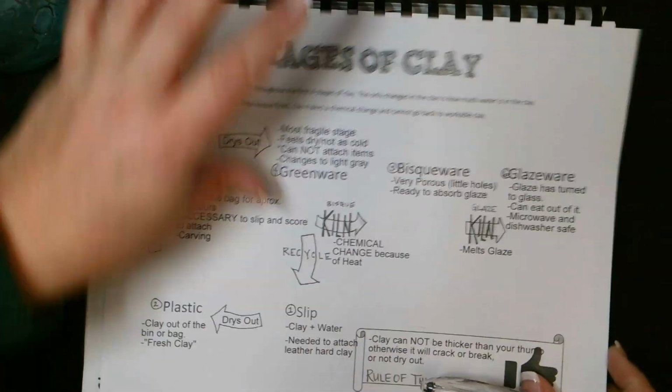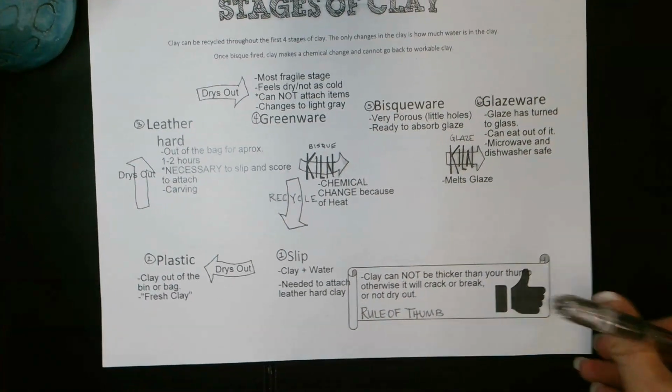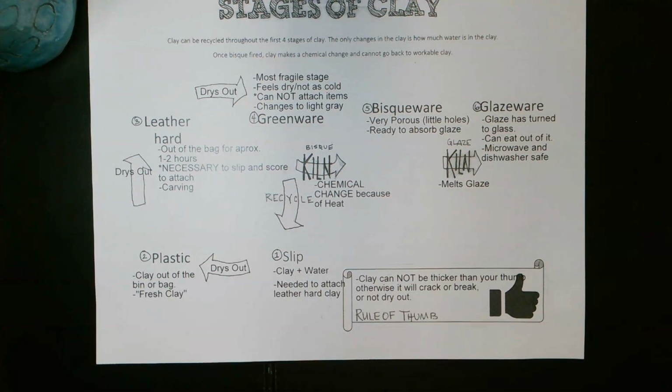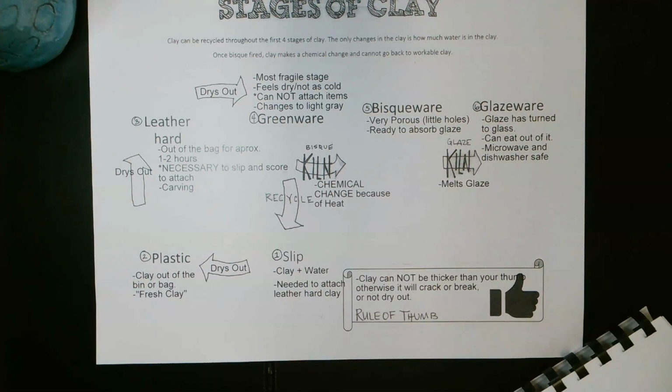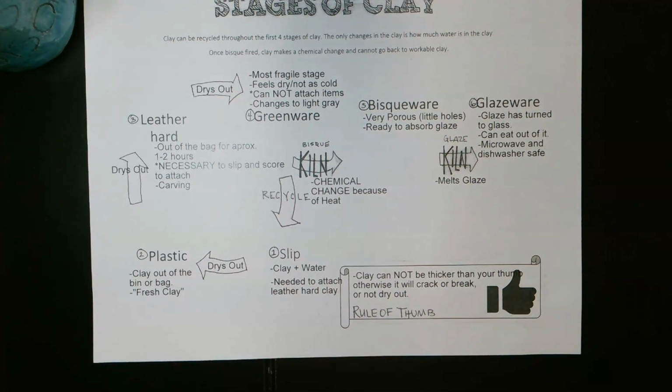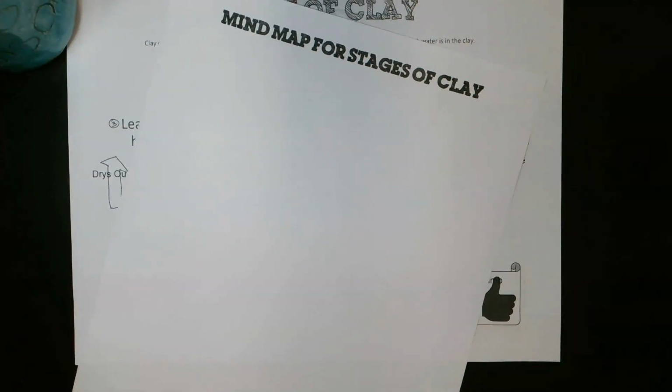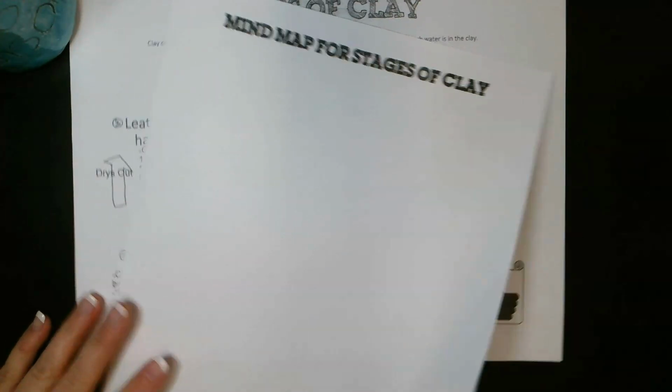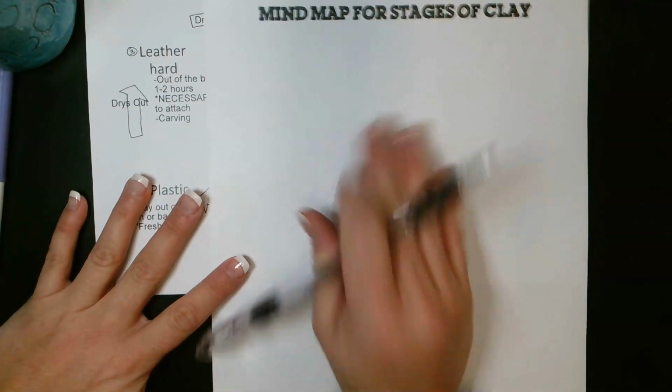Alright, so we are going to use our stages of clay, and I just printed it out outside of the book for easy use in this video. And then on page, I don't know what page this is, we have our mind map page as well. So if you would find this mind map page in your notes book, that would be great, and we're going